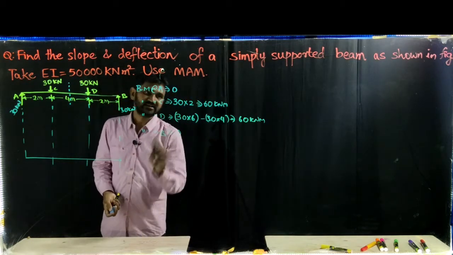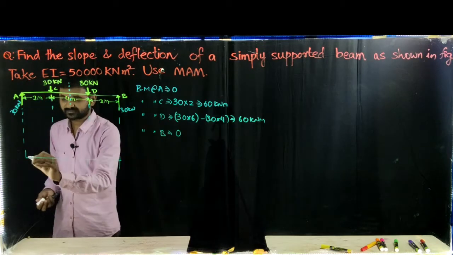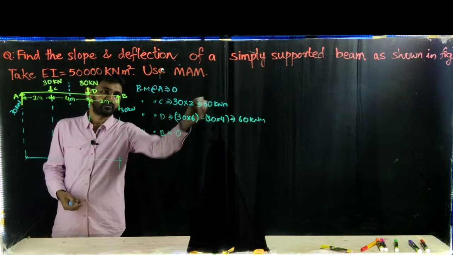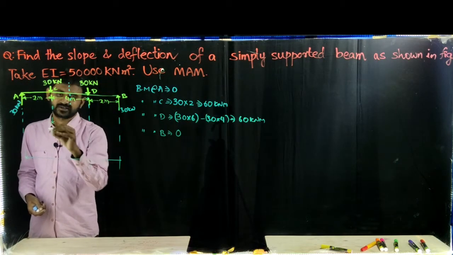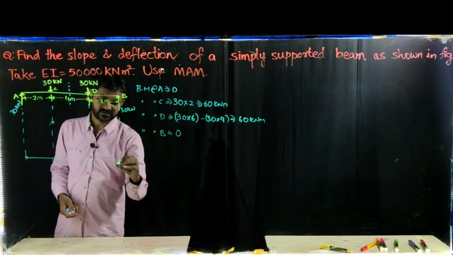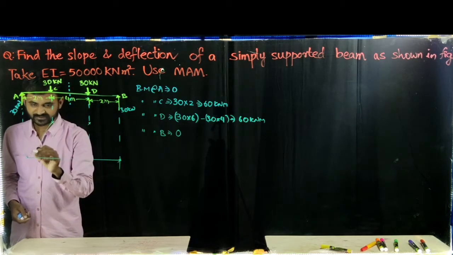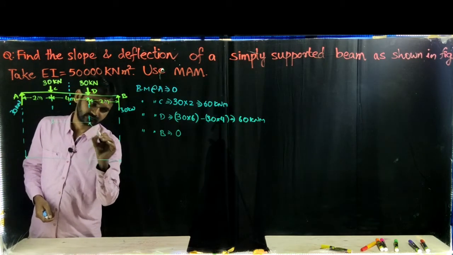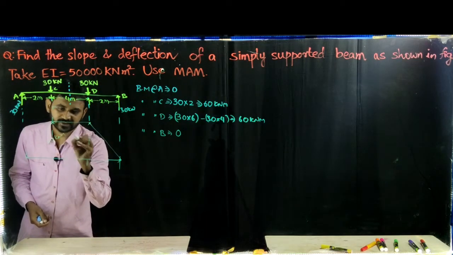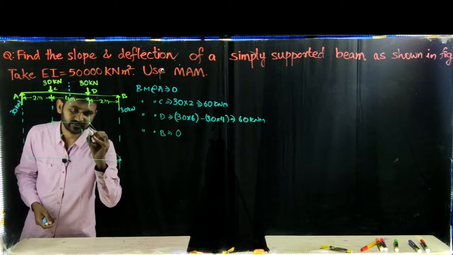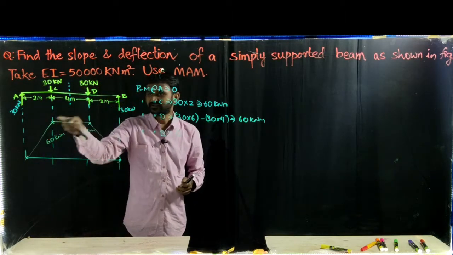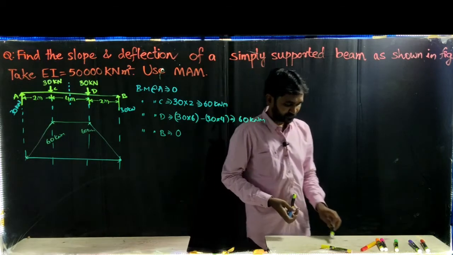Now by considering this, I will draw the diagram. So this is my 0 point at A. What is the moment at C? This is 60 kilonewton meters. At D also it is 60 kilonewton meters. At B it is 0. So my diagram will be like this. So it is 60 kilonewton meter at this point as well as at this point, right? This is A, B, C, D. Now I got the bending moment diagram.